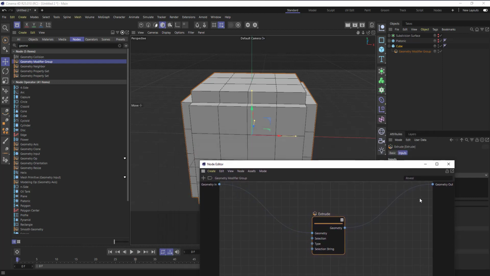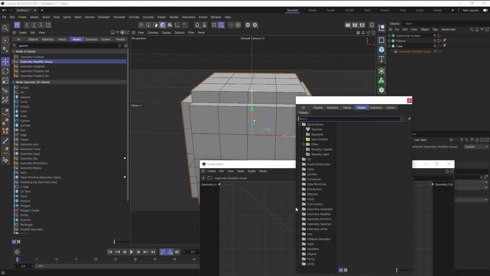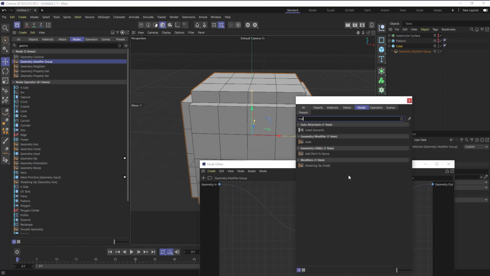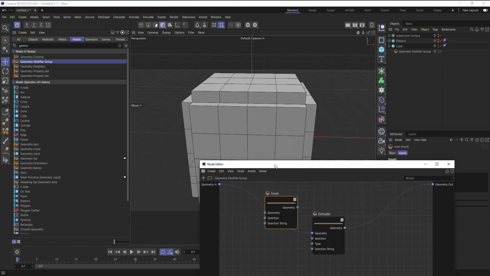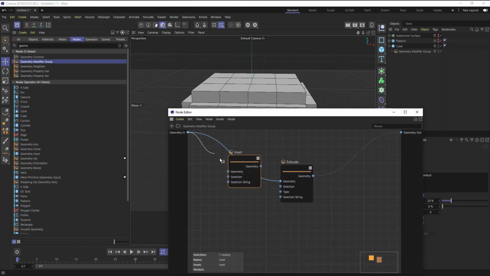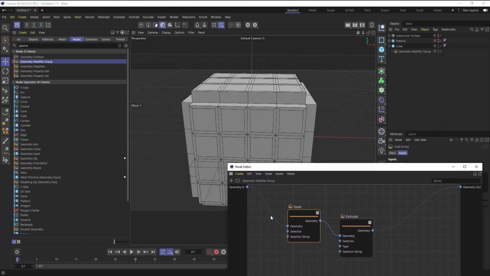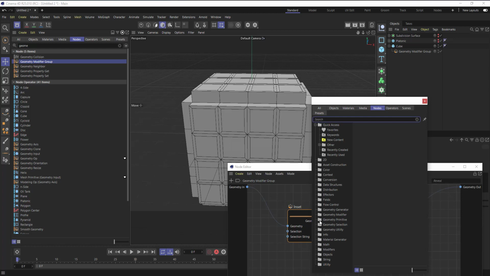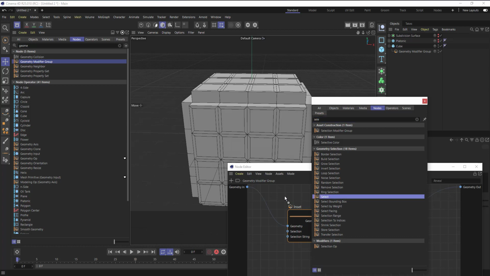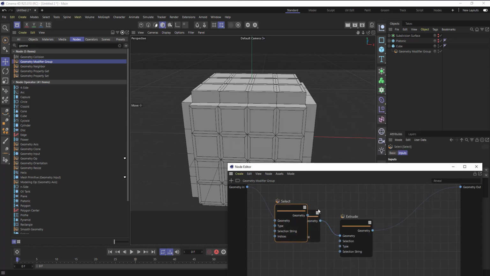So you can go ahead and do the insets in here. Actually, I'll bring in the insets. So now this goes either way. I can put it in front depending on how I want it, geometry out. You can see we have the inset. So let me go ahead and add the selection, select, and add the select to it. And now